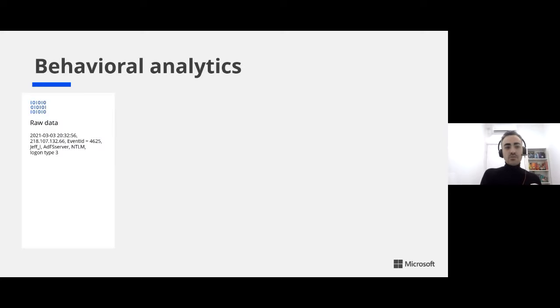So I'm going to give you an example based on how Javier has explained to us that UEBA works. First of all, we are taking the raw data. In this example, we can see that we have a 4624 event, which is a Windows on-prem security event that says that there was some kind of failed logon attempt. And basically, this is pretty much all the data that we get at this point. We have the event ID, we have the name of the server, and we have the username.